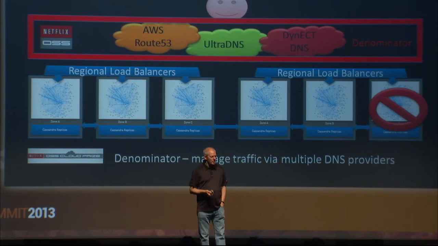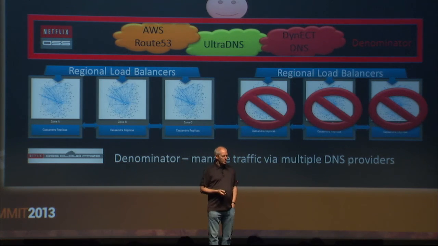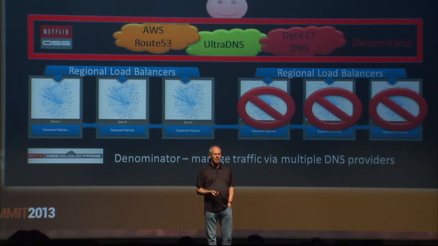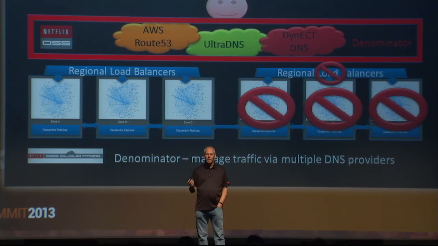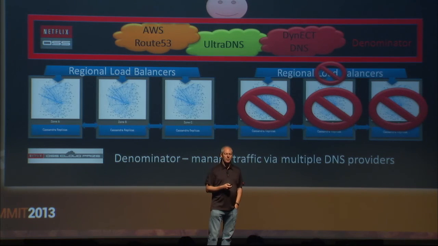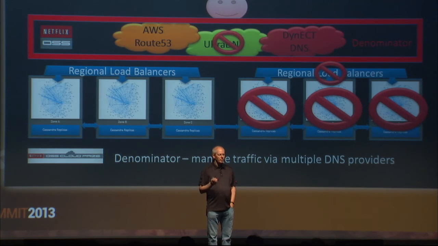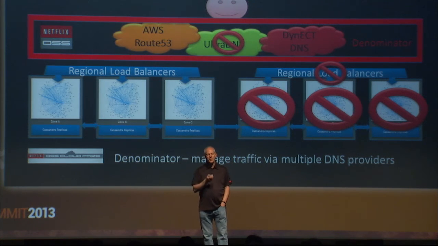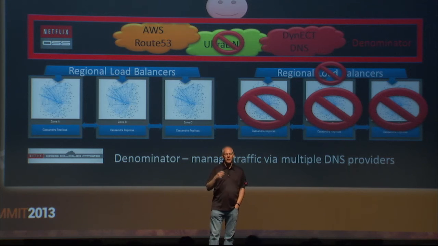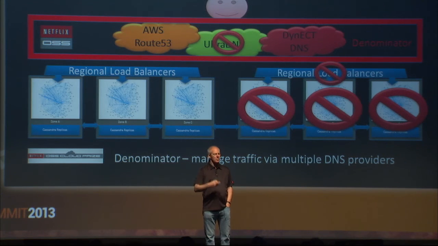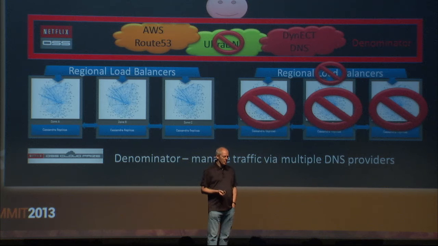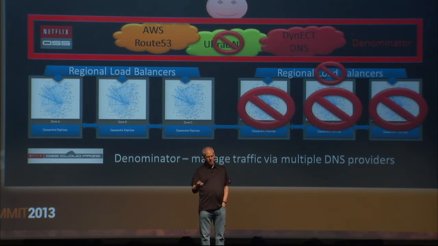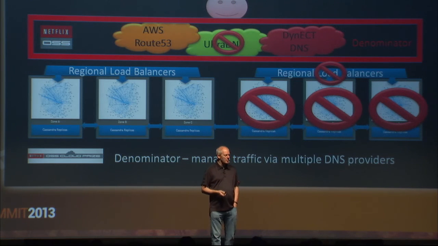Now, if anything goes wrong with a zone, we just keep working. If anything goes wrong with a region, we use Denominator to switch all of those endpoints to the other region. If anything goes wrong with a load balancer, we can switch the traffic to the other region. And if anything goes wrong with one of our DNS vendors, we can use Denominator to switch all of that state to a different DNS vendor. It has an independent view of what the state that's being stored in DNS is. It has its own model, because these APIs are so broken that you can't read back what you wrote to them and things like that. So you have to keep something outside.